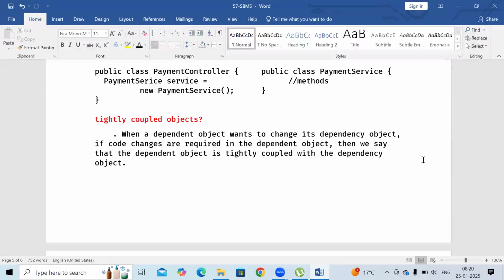But we can also create loosely coupled objects in the application. I will tell you the rules to follow to create loosely coupled objects in the project. So first you need to understand tightly coupled objects. First of all, what is my definition? When a dependent object wants to change its dependency object, if code changes are required in the dependent object,